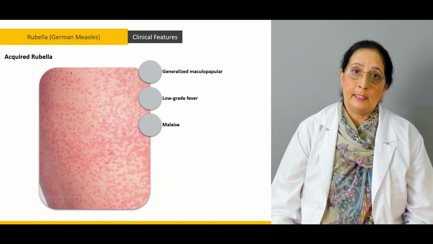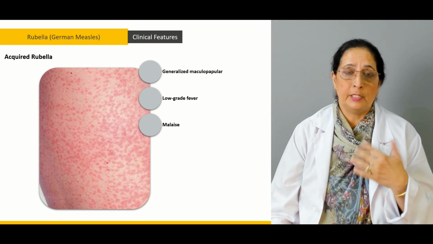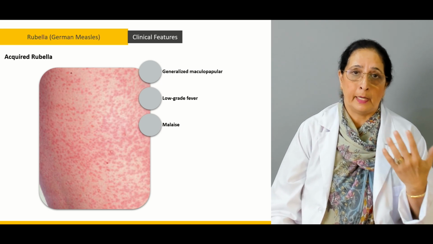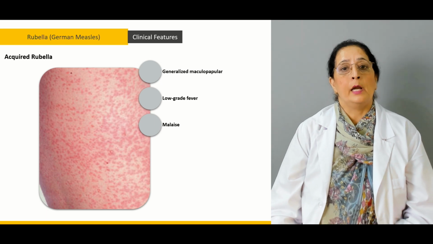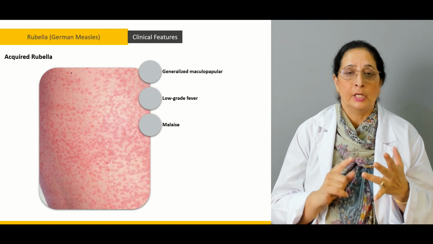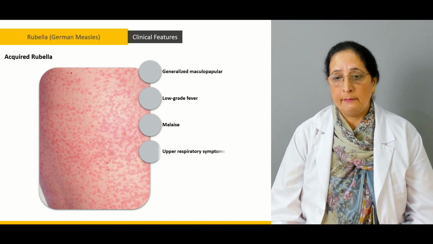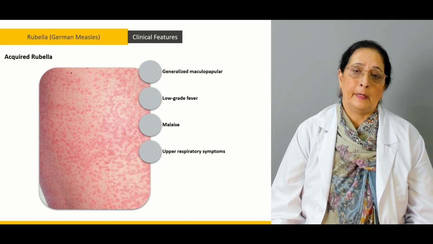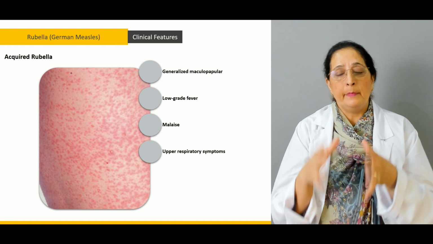There is malaise, the patient is weak, has no energy, and is tired. So that's an important presentation of acquired rubella also. So: generalized maculopapular rash, low-grade fever, malaise, and then we have upper respiratory symptoms, because we already mentioned that